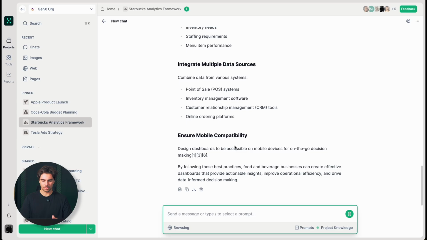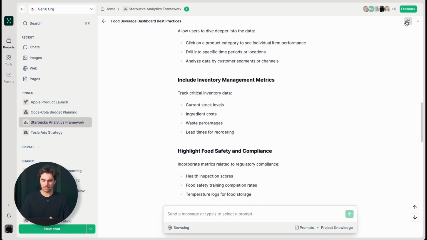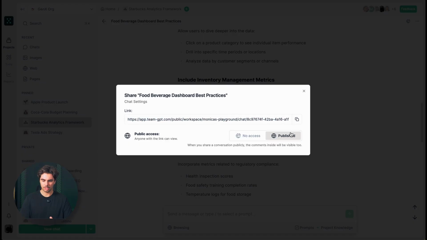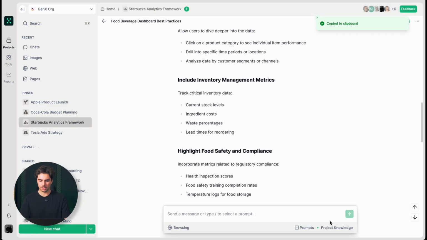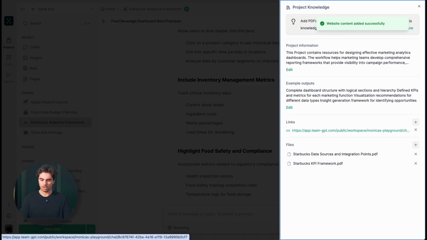It will also create some of the sources, and what I'll do is, this is super useful for me. I will add this information as a published link into my web browsing. I'll copy this link into my project knowledge, and I've added the project information, and it's all present in